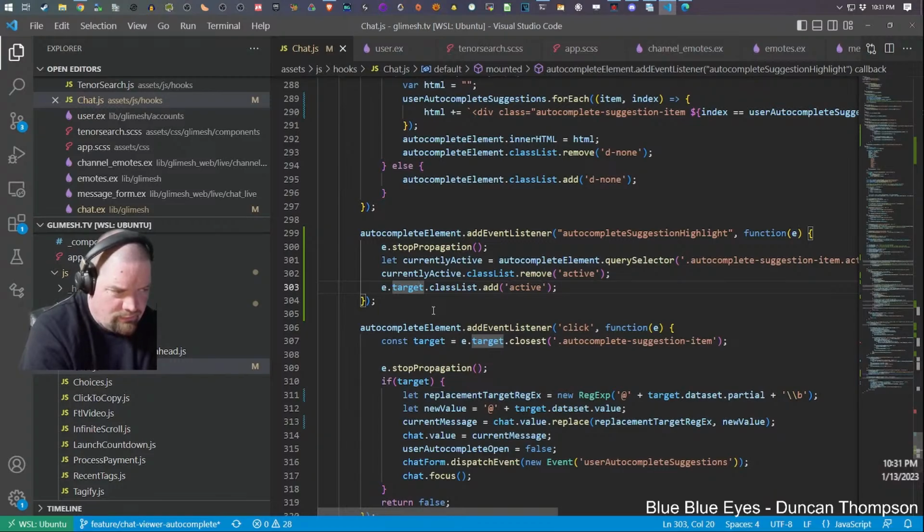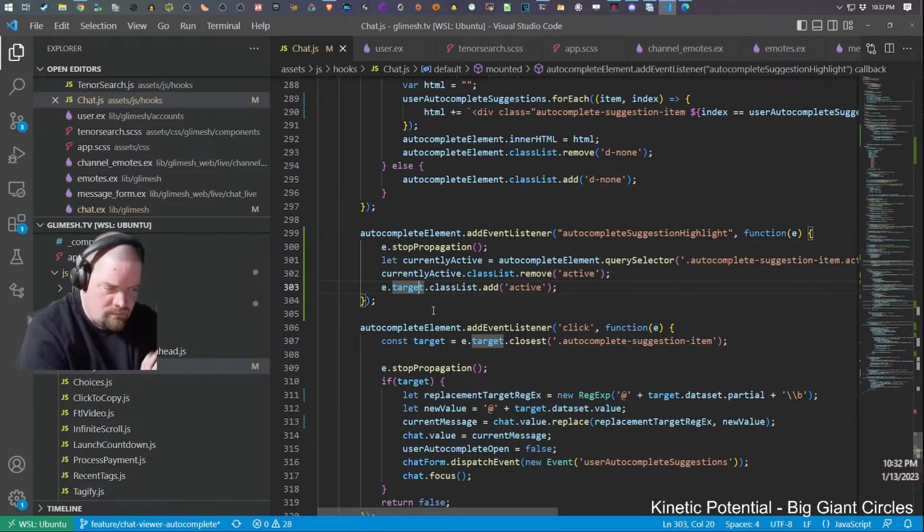I mean, granted, I've registered the event listener on the autocomplete element itself. On the top level autocomplete element, I mean. Right?